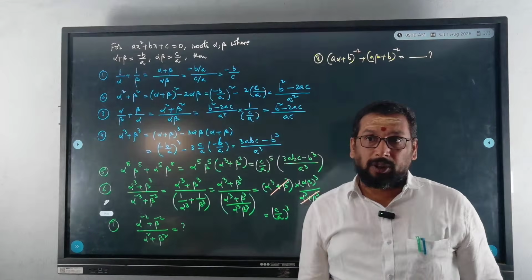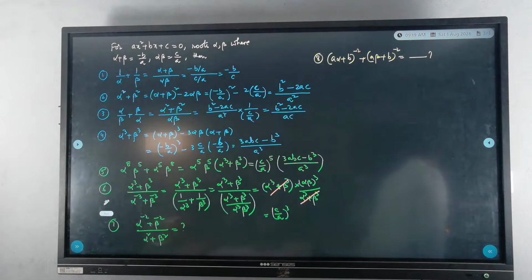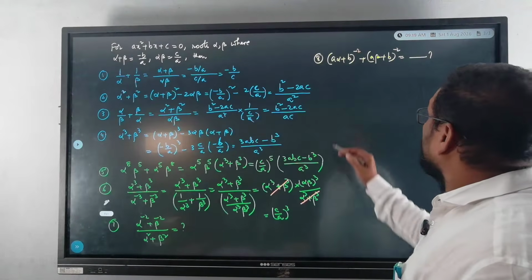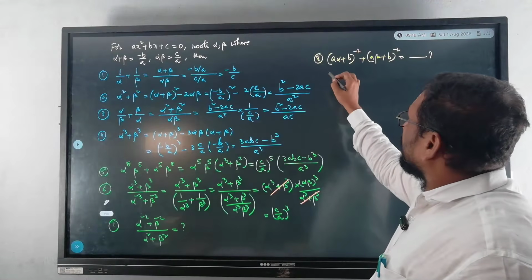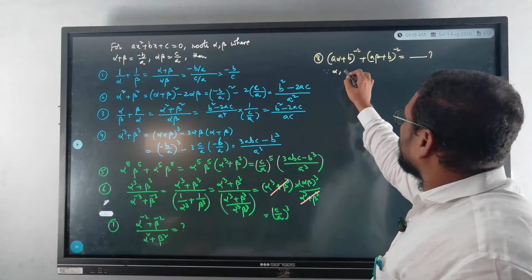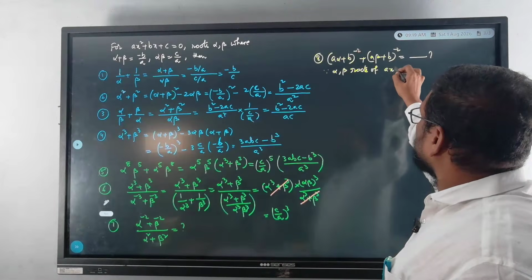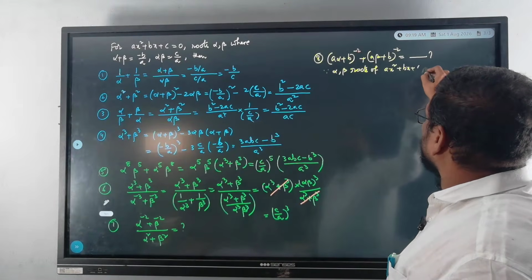a alpha plus b whole power minus 2 plus a beta plus b whole power minus 2 is what? See, since alpha, beta are roots of ax square plus bx plus c equal to 0,